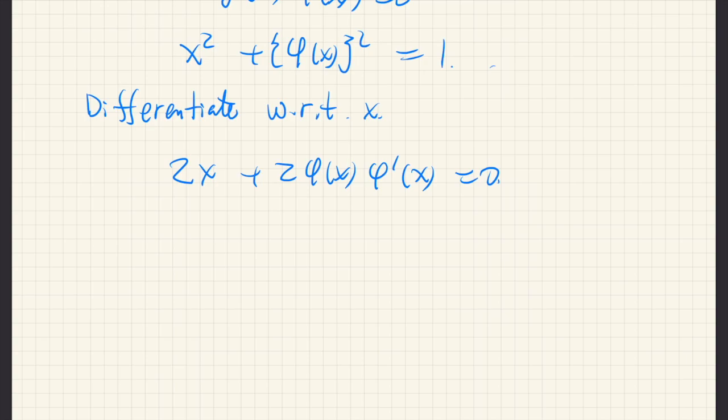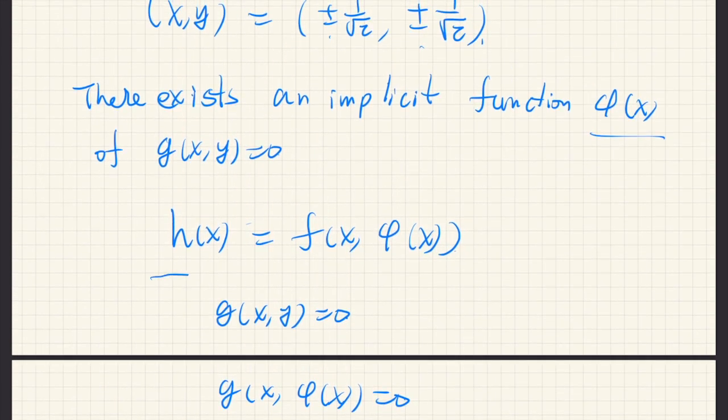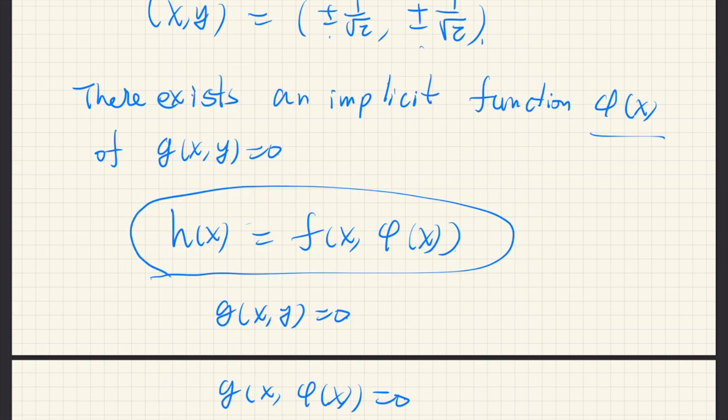So we don't actually know the exact functional form of phi of x, but we do know from this relationship the derivative of phi is given by this equation, that is x over phi of x. Okay, we will use this relation later. Now, our problem is to find the extreme values of this function. Okay, so we first differentiate